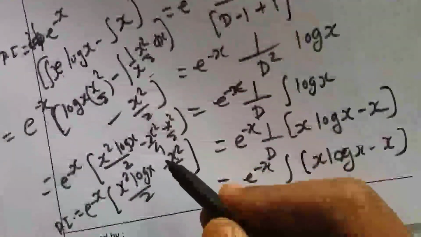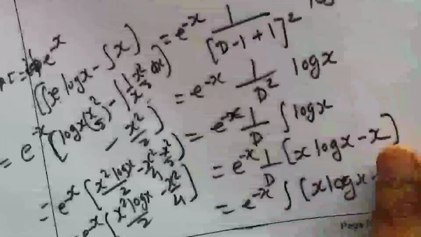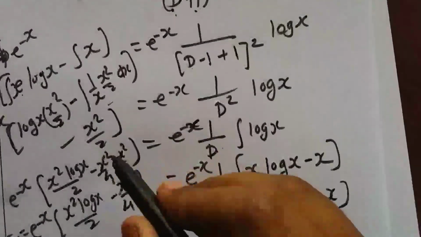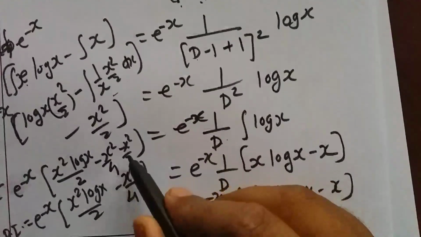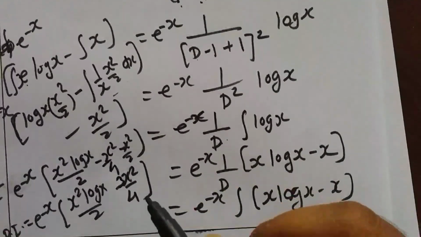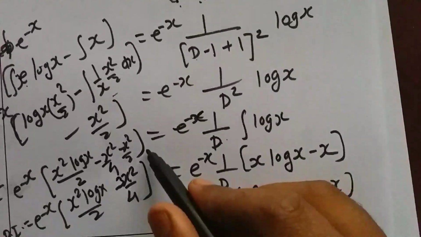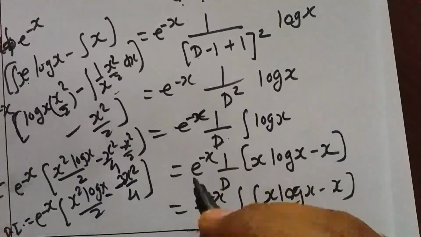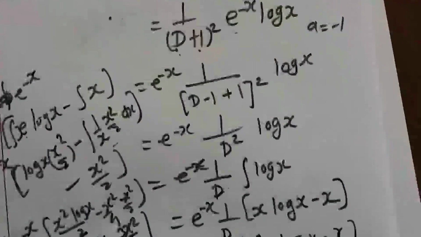Okay, now add CF with PI to get the general solution. Another problem. Okay, before that, here it is minus 1, minus 2, minus 3, minus 3x square by 4. By mistake I have written minus x square by 4. It is minus 3x square by 4. Okay, make that change. Now the next problem,